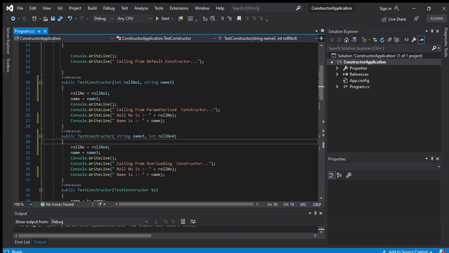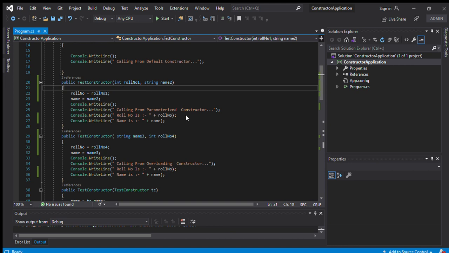The second is the types of parameters, and the third is the number of parameters: how many parameters are provided.